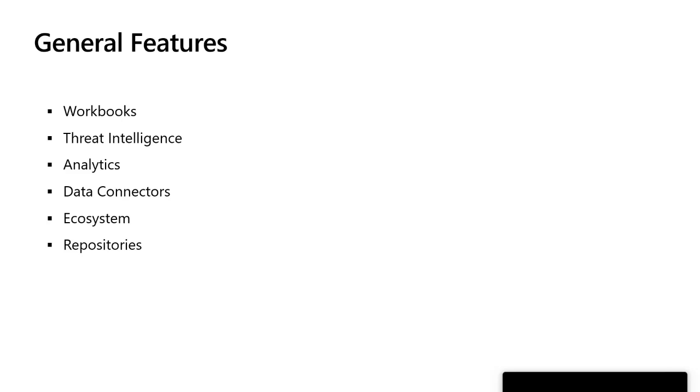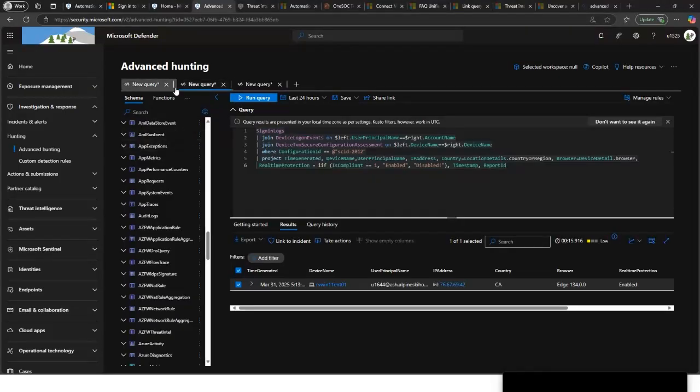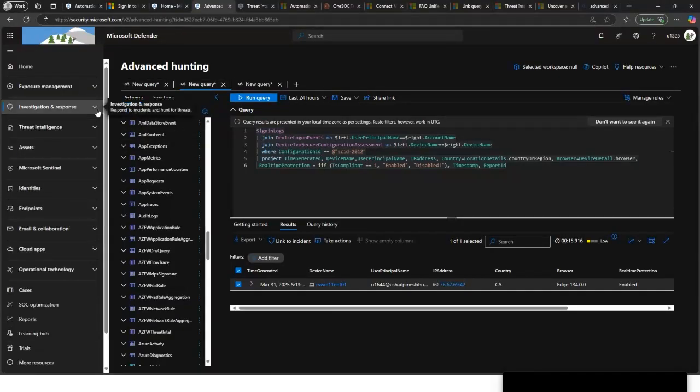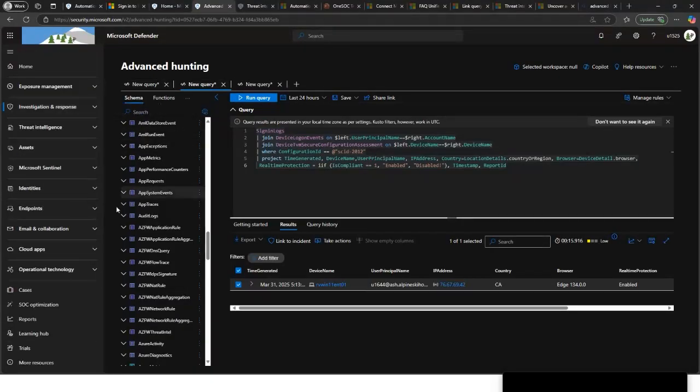For the interest of time, because we have limited time, I'm going to cherry pick some of the areas that I think are impactful, with some changes that we need to be aware of. So to make it easy, I'm going to pivot back to our portal here,